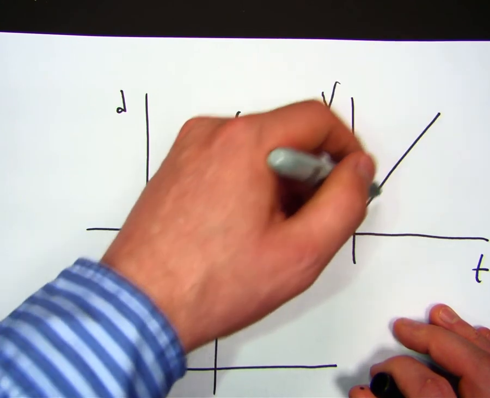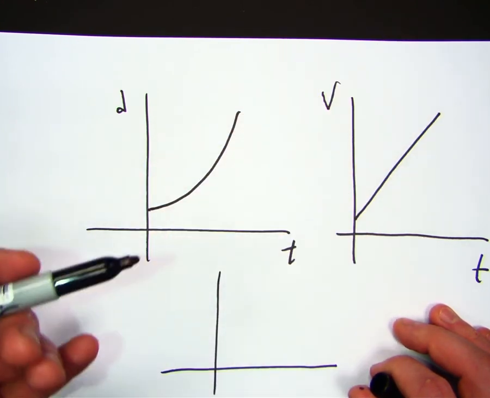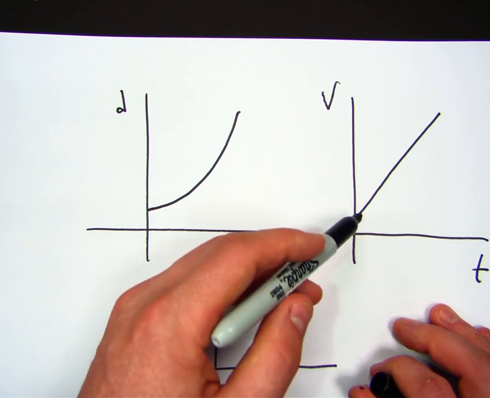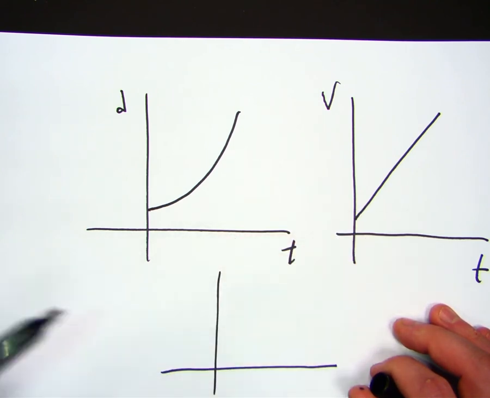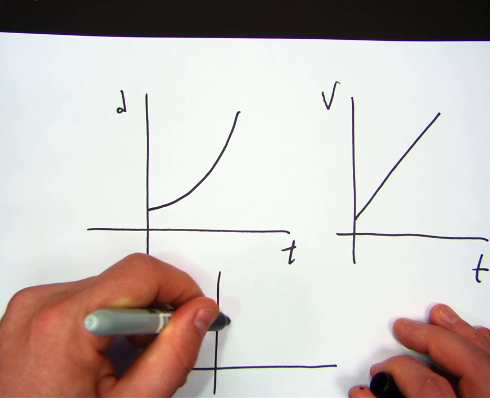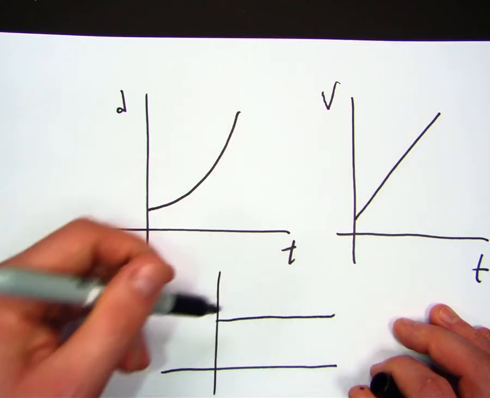The slope of this line, though, is staying constant, which means my acceleration, again, is a constant value. What would the acceleration be then? It could be some positive value because it's a positive slope, but it would